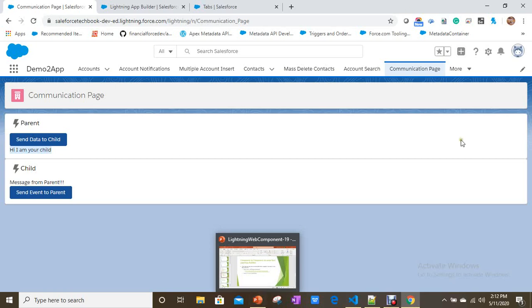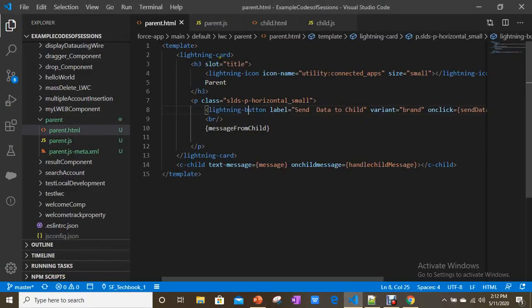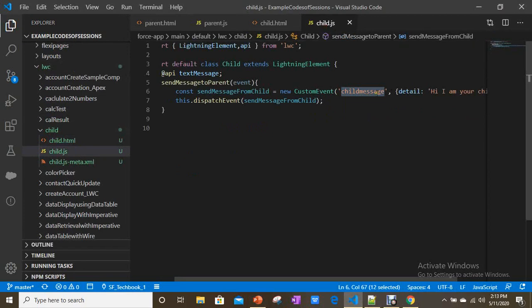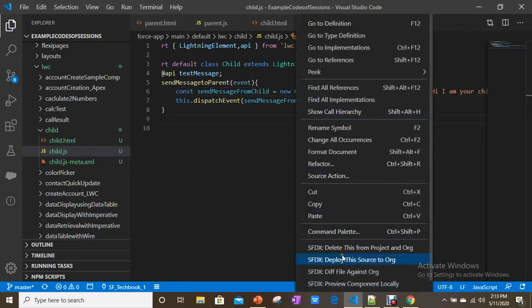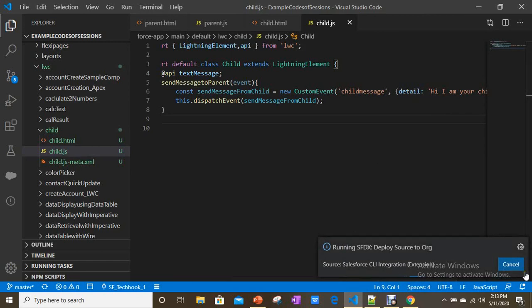As a best practice, you always need to define the event name with small letters and avoid on as a prefix while you are defining the event, because you have to add this on as a prefix while you are going to handle this from the component attribute. This is how to make this. So with this we have completed parent to child and child to parent.